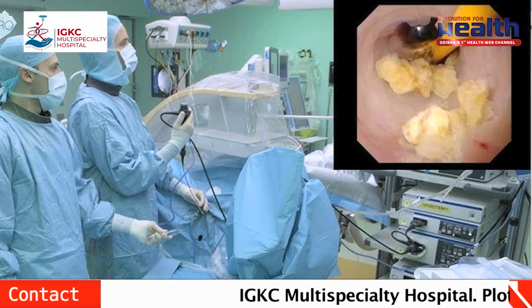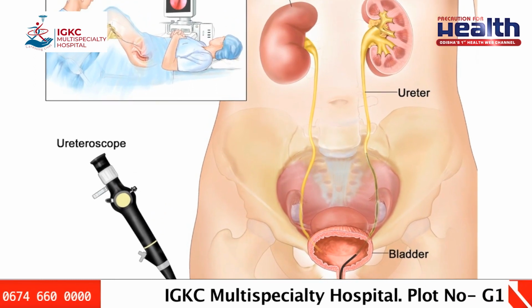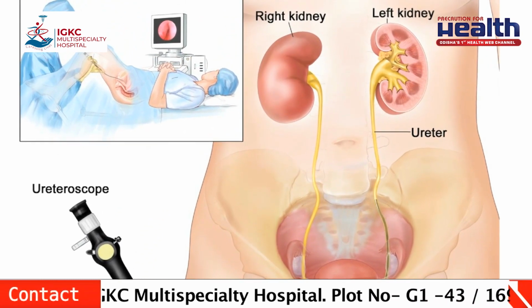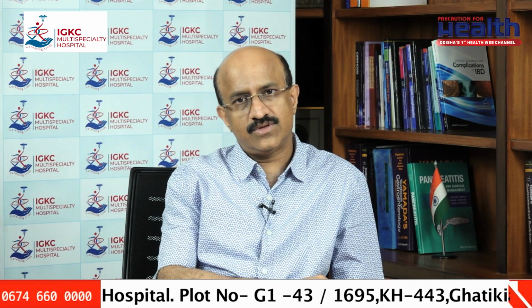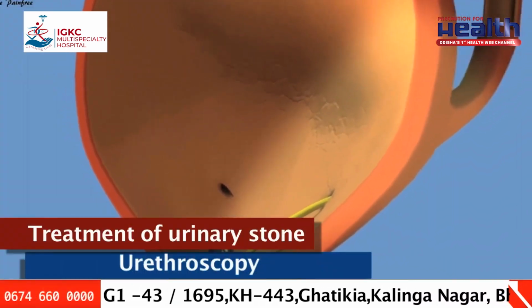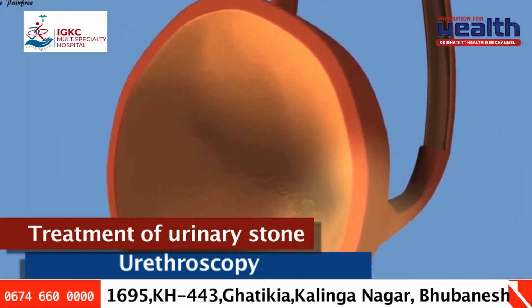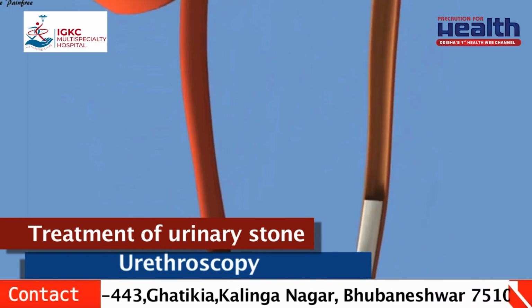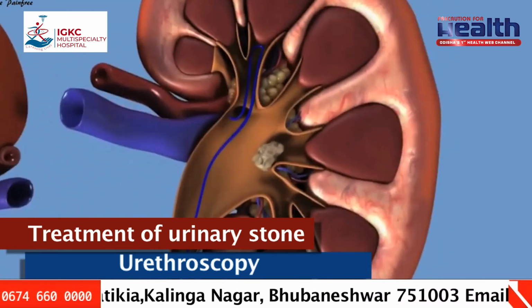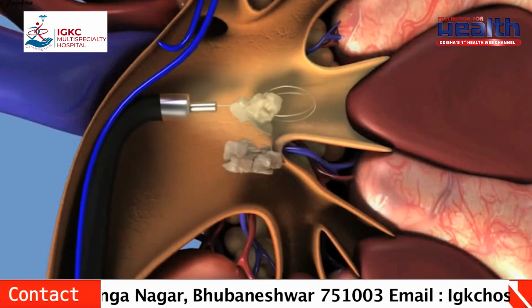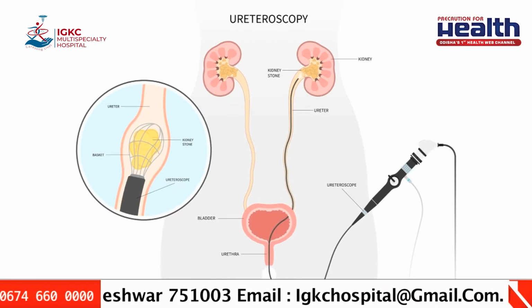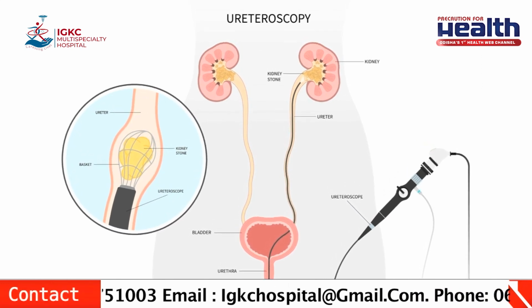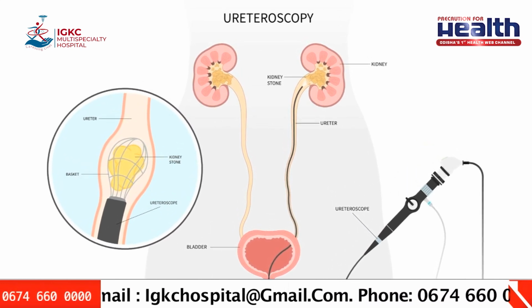We go from below through the urethra, directly approach the stone and break it with laser. If the stones are in the ureter, we break the stones by laser by putting an instrument through the urethra. If it is in the upper part of the ureter, we insert a flexible ureteroscope, which can reach directly up to the stone, and break the stones with laser. If it is in the lower part, we put a rigid ureteroscope, that is called rigid ureteroscopy, where again we reach the stone and break the stones